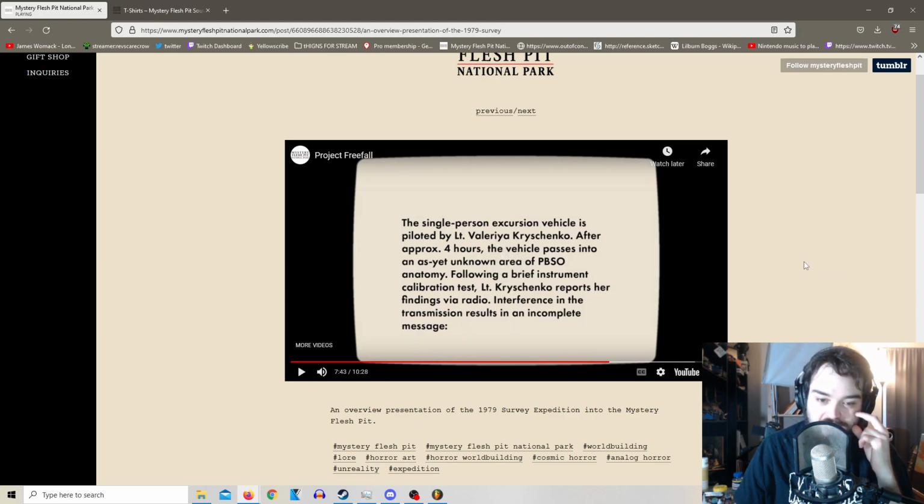Single-person excursion vehicle is piloted by... After approximately 4 hours, the vehicle passes the yet unknown area of PB...